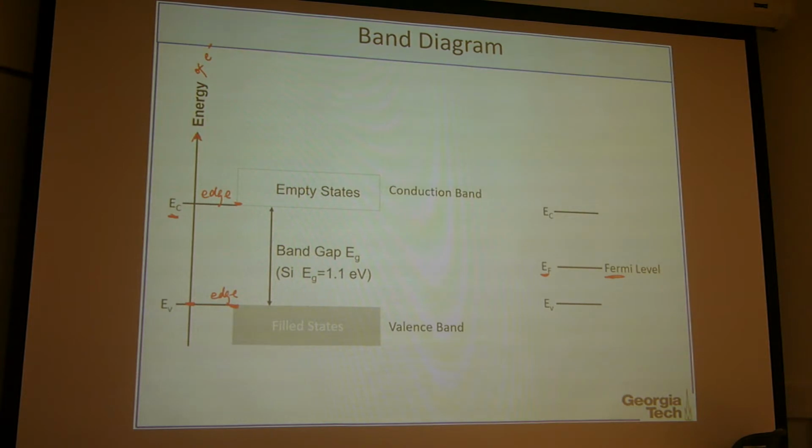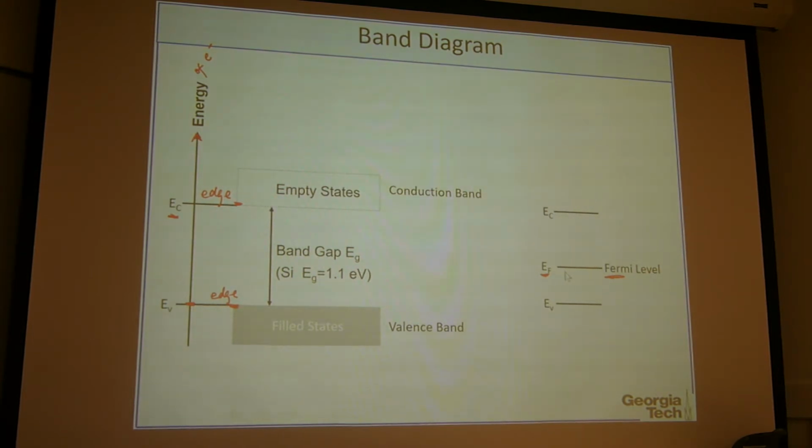We are also interested in the holes in the valence band because they can also move and conduct current. Between the conduction band and valence band, we have this band gap, Eg, which in silicon is 1.1 electron volts. This is an energy range where we don't allow any electrons or holes. We have three levels here: EC, which is the edge of the conduction band, EV, the edge of the